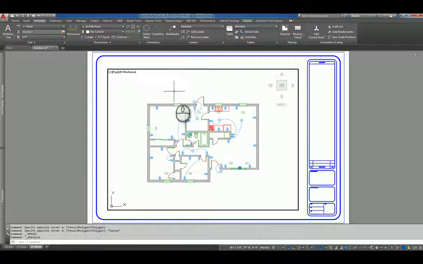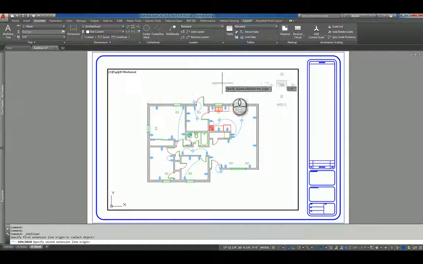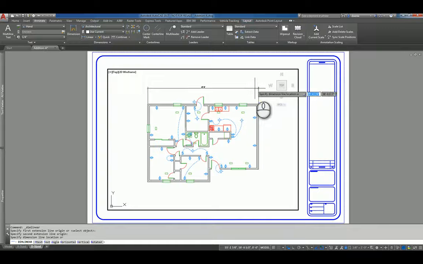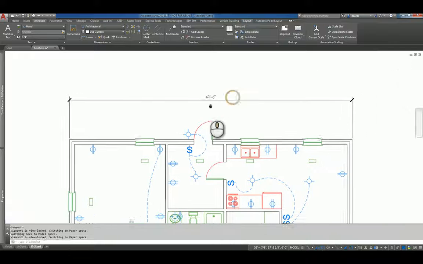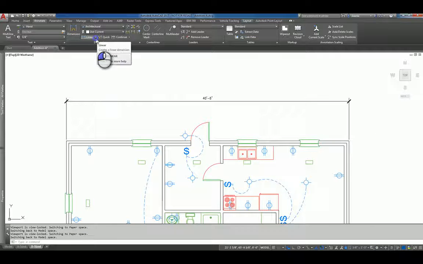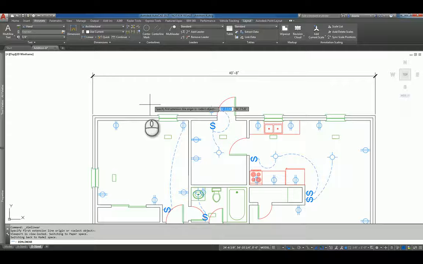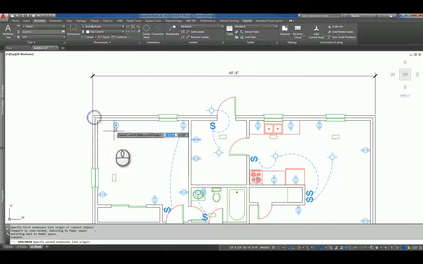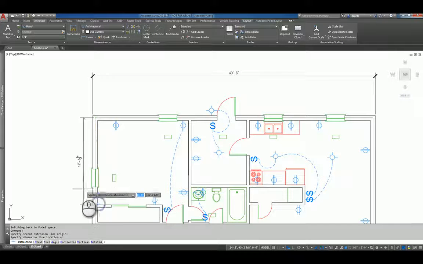We're not going to worry about that now. We're just going to go ahead straight into the first command, linear. So I'll start the command. I have my O snaps turned on, which makes life a little easier. I'll pick 2 points and I'll click and I get a linear dimension. That's horizontal. If I do a linear dimension vertical, that's just, again, picking 2 points, say this point here, and